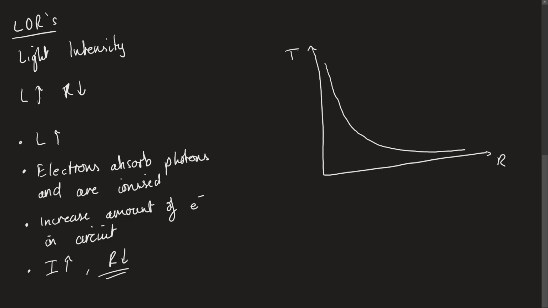But I could also change this temperature and make it light intensity. It would follow the same graph. Okay, and this is just showing that as the light intensity decreases, we increase in the resistance. As the light intensity increases, we decrease the resistance. So this is semiconductors. These are going to be really helpful when we look at